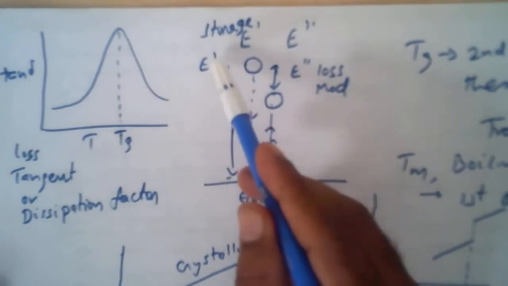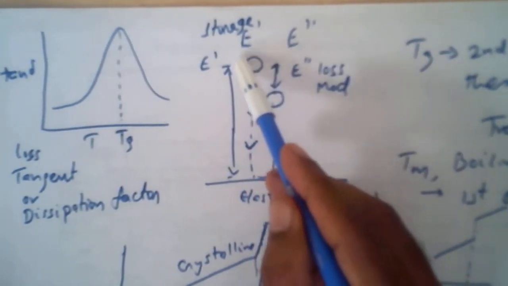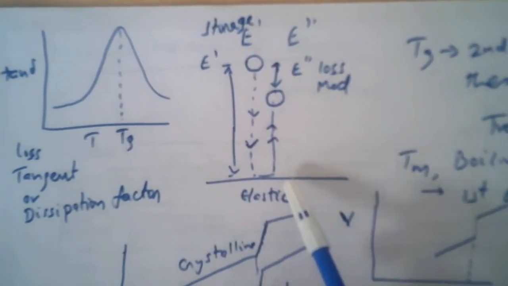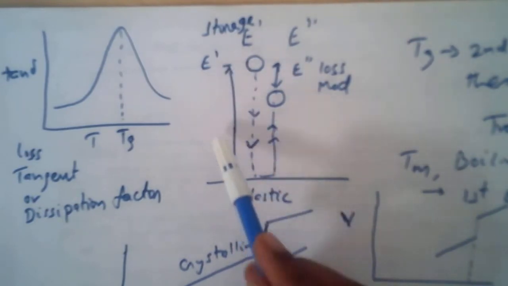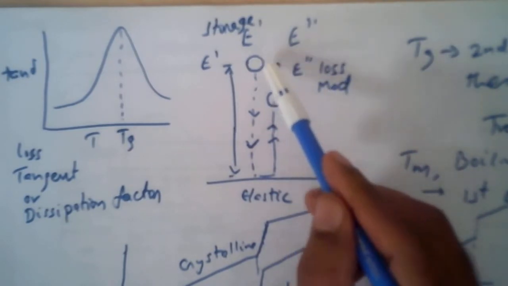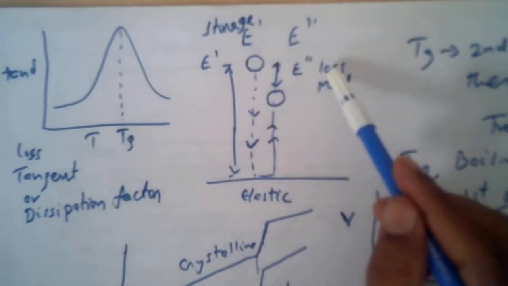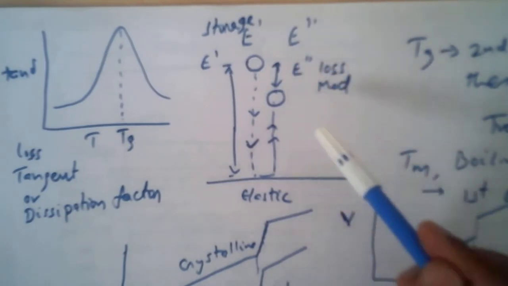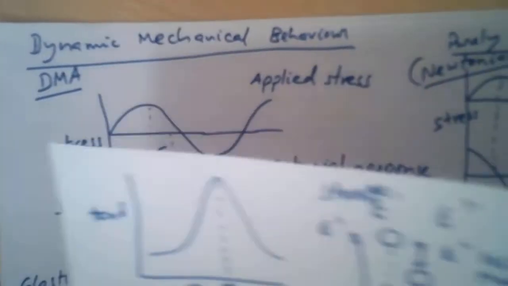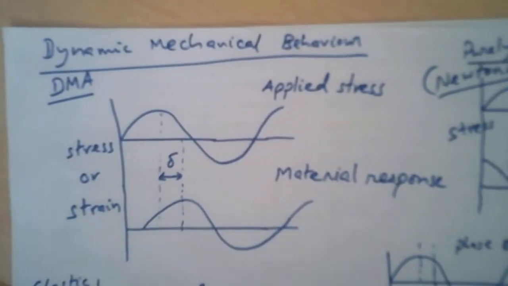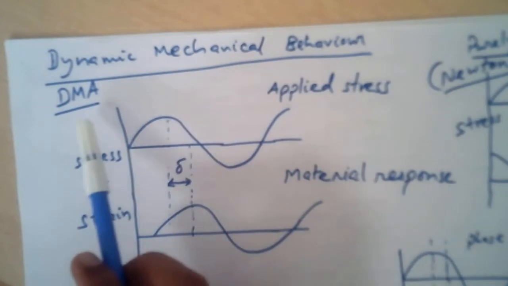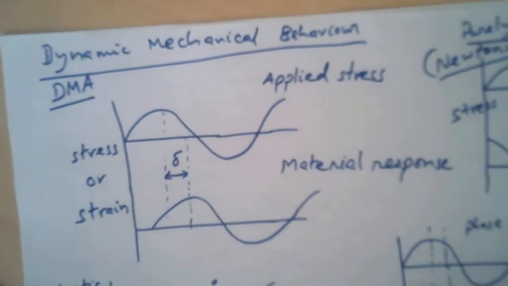So for example, you have a viscoelastic material and then you strike it against a perfectly elastic surface. So this is the storage modulus, and then it comes back to a certain height. The difference between the initial and the final, we call it loss modulus, and the ratio between E double prime to E prime is known as loss tangent. Okay, so the same principle is utilized in this particular dynamic mechanical analysis,